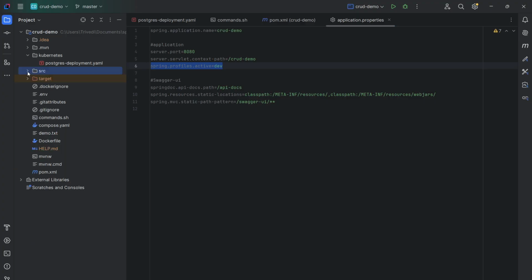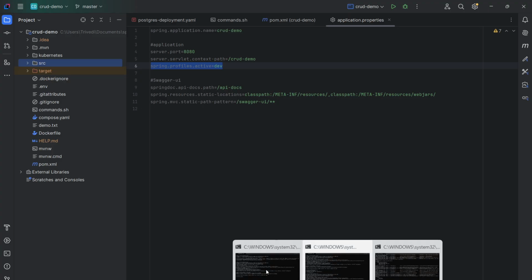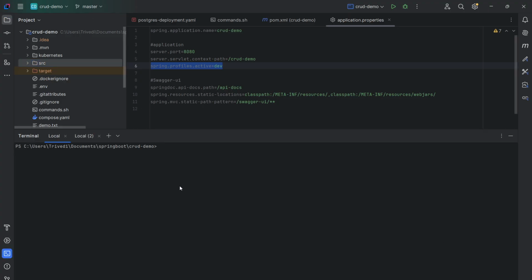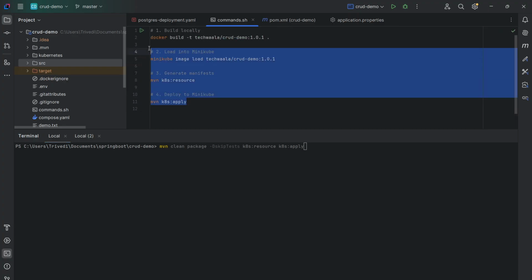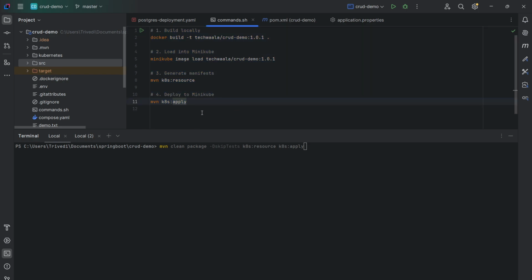So now let's deploy the Java application on Kubernetes using this command. I have created this bash file, so I could deploy the Java application using this method on Minikube. First is build the image, second is Minikube will load this image, third is Minikube will generate this manifest file,